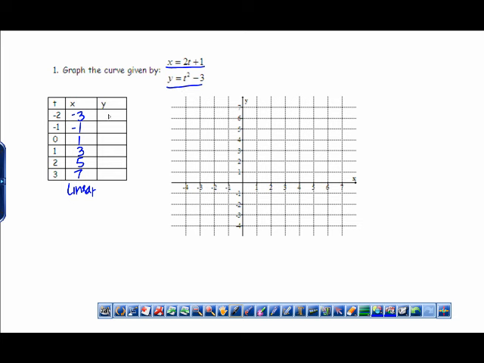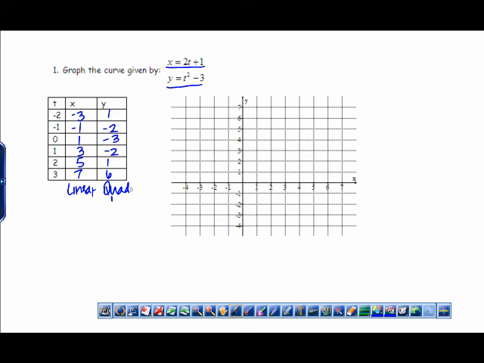Negative 2 squared is 4, and 4 minus 3 is 1. Negative 1 squared is 1, minus 3 is negative 2. And the next one is negative 3. The nice thing about quadratics is I do get some symmetry. So 1 and negative 1 should yield the same result. So should 2 and negative 2. Those should yield the same y value. Okay, and this is just kind of reviewing those good algebra skills that you hopefully remember from algebra 1